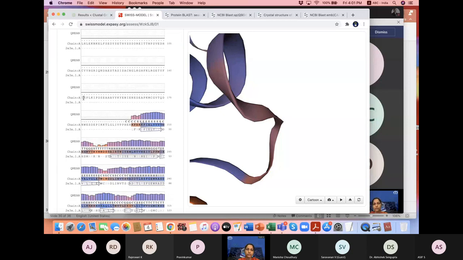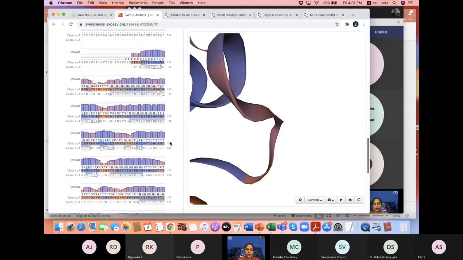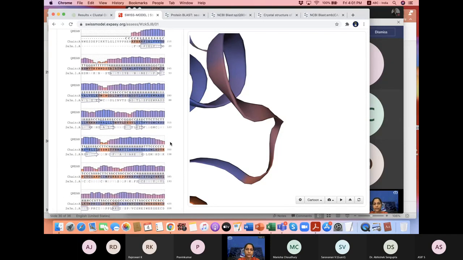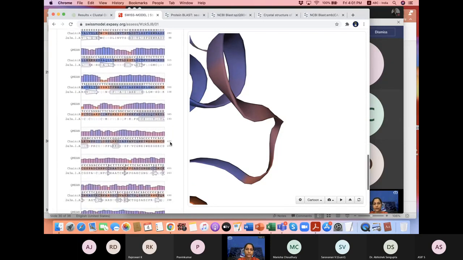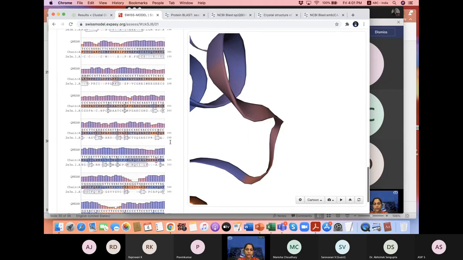So we don't have information about these residues in the template. Only for the remaining colored bars which you can see do we have information from the template.